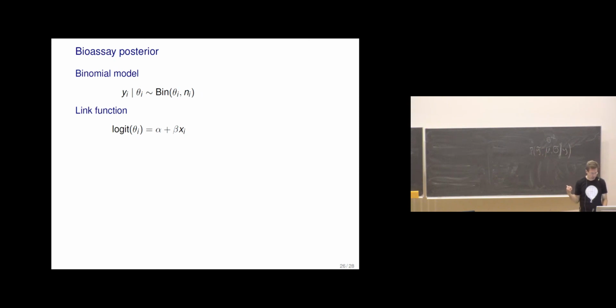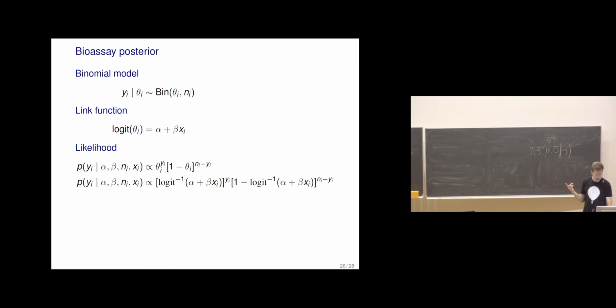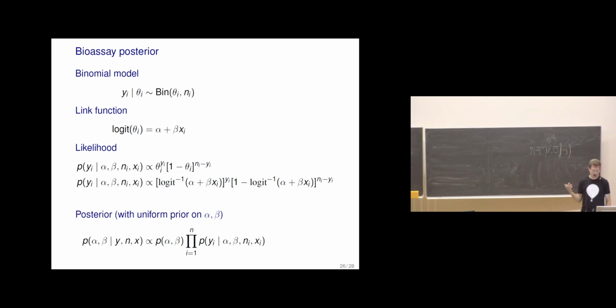So the posterior distribution: we have the binomial model, we have the link function. So the likelihood is just from the binomial, familiar from last week. And then we just put in the place of theta these inverse logits and the linear part. And then in the next plots, I use just a uniform prior, and you have an exercise where you use some other prior, and the book also discusses alternative priors.